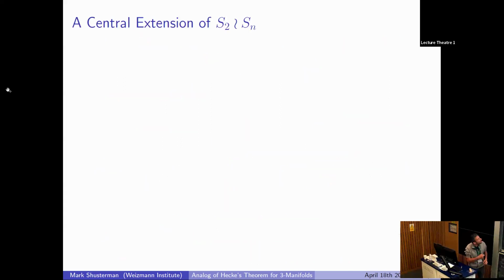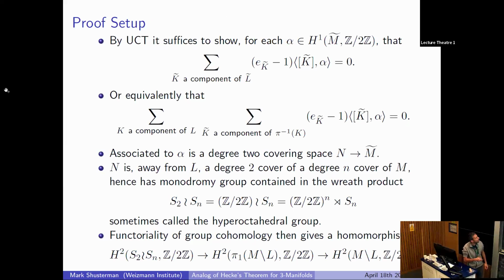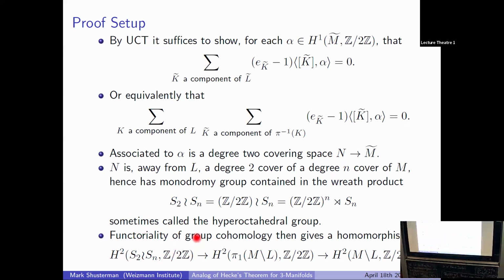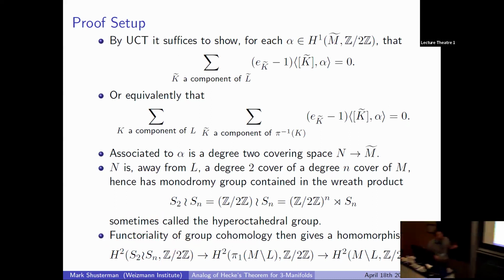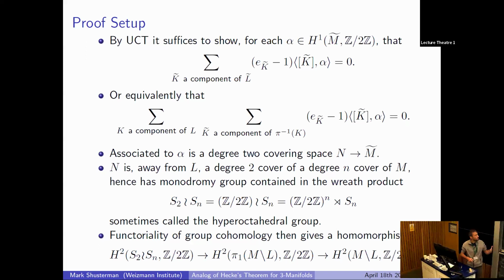Let's do it. So I want to talk about this hyperoctahedral group, in case you're not one of these people for which it's a famous thing. And somehow the bottom line will be to understand a certain class here. I want to build a cohomology class, or in other words, a central extension of this hyperoctahedral group by Z mod 2. That's the kind of group theory I'm going to put you through in the next 2 slides.